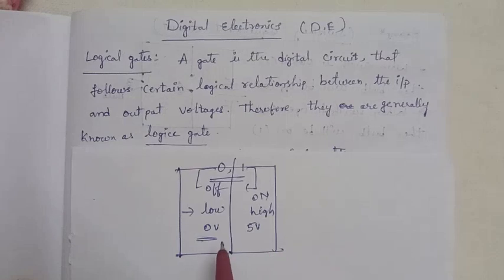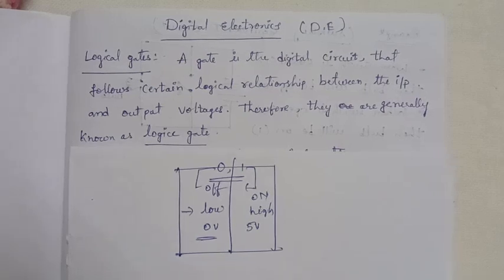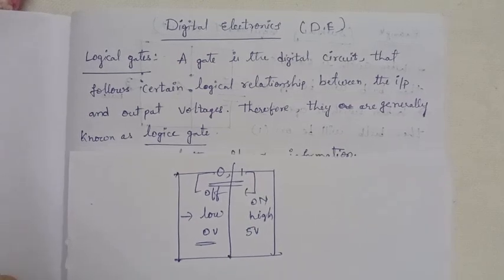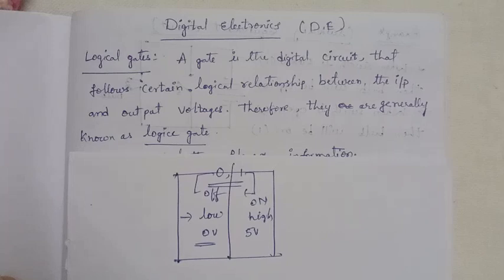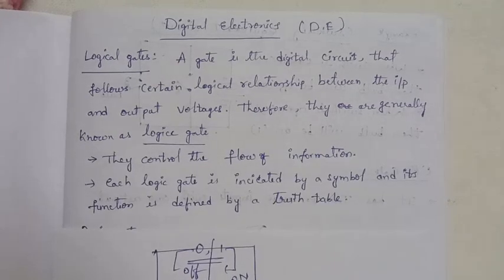But this information is supplied in between input and output based on some logic. You can apply some logic between input and output. That's why this is called a logic gate. In between input and output you can apply one function, that is a logic function. Based on that logic you can pass the information or signals. Anything transferred between input and output is in terms of binary digits, that is 0 or 1. That is called logical functions and logical gates.